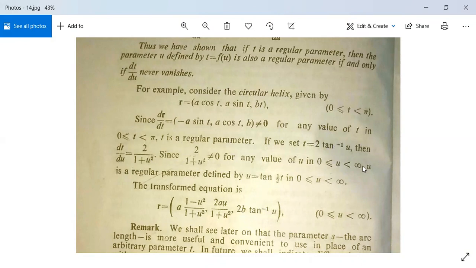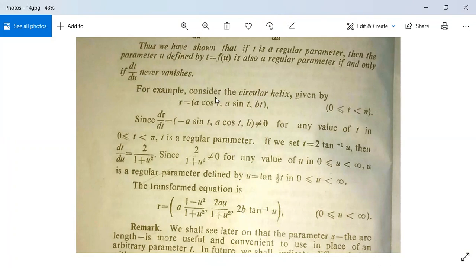equal to u less than infinity. In this interval, 2 by 1 plus u square is not equal to 0. u is a regular parameter defined by u is equal to tangent t by 2. देखो यहाँ से t है 2 tan inverse u, so u will be tangent t by 2 in this interval. Now the transformed equation, क्या हो जाएगा, इसका यूज करना है t is equal to 2 tan inverse u,